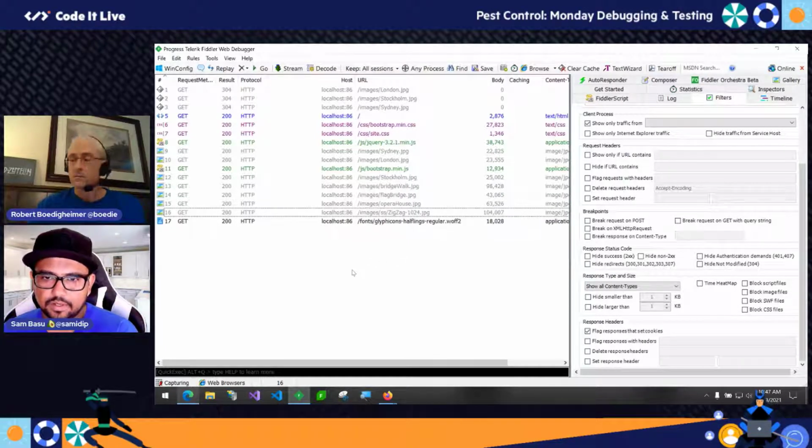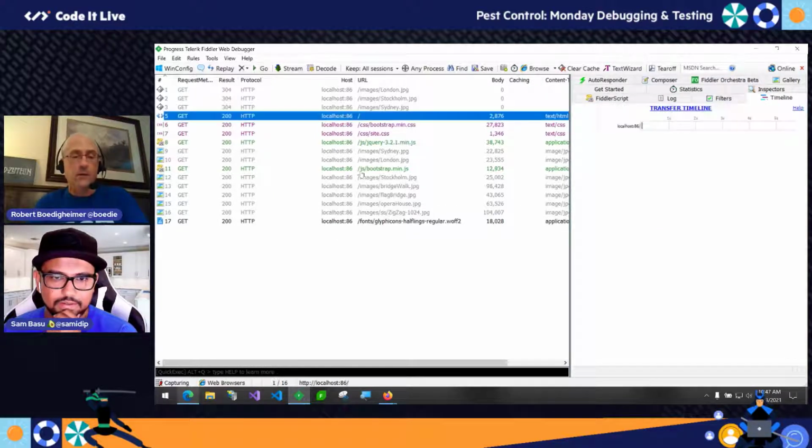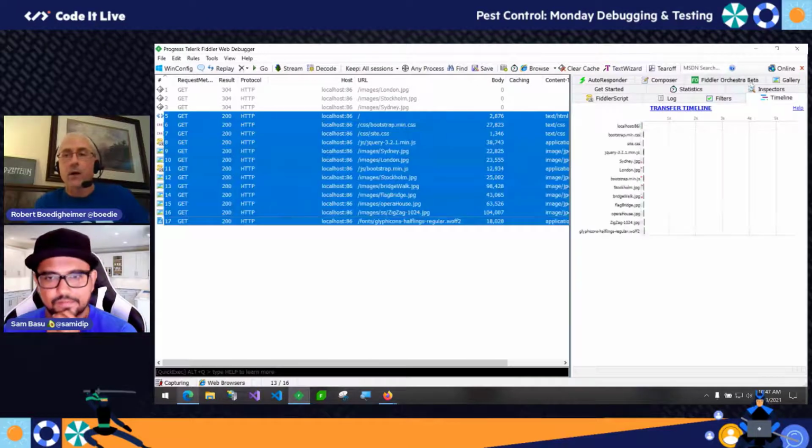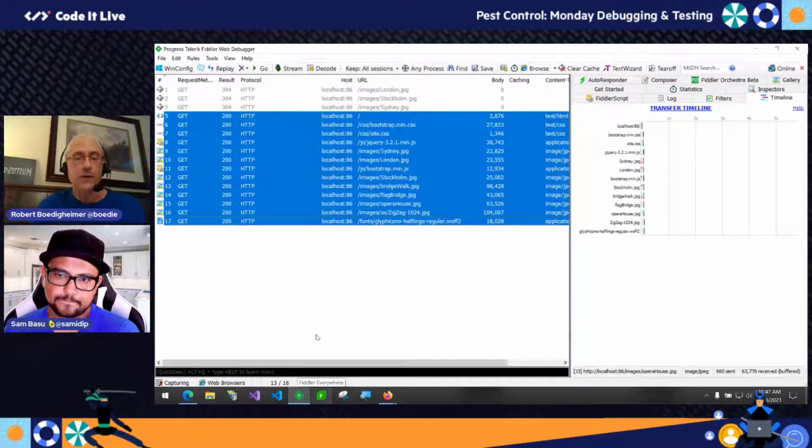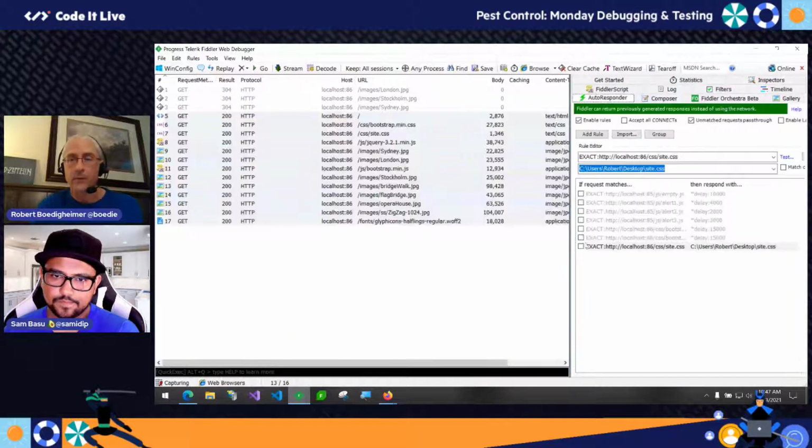And if I may ask a couple of questions here, on the right-hand side, what is the timeline next to the filters tab? Okay, so the timeline, mine will be boring because it's all local, but that's giving me a waterfall diagram. If you've used it in DevTools, or I use webpagetest.org as well when I'm doing some perf testing, it's nice to be able to see which part of the requests are taking a long time. I see. Yeah. So if I went back and made Bootstrap slow, let me do that quick. We should see the corresponding line will be really long. So let me go re-request here.